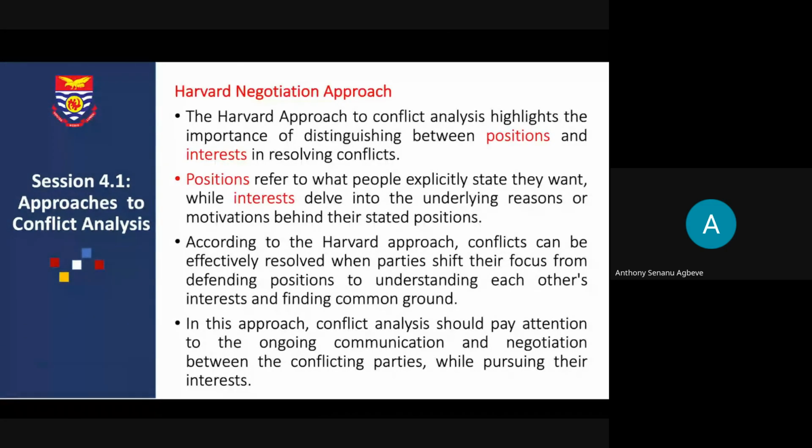What are the positions of the individuals? What is their standpoint? What are their views? What are they saying regarding the conflict? And then also, what are their interests? What is the interest of the conflicting parties? What are they saying that they want, or that should be done, or things that they feel is not there, that is bringing this conflict, right? So position basically refers to what people explicitly state they want. So what the people want is the position, and then interest